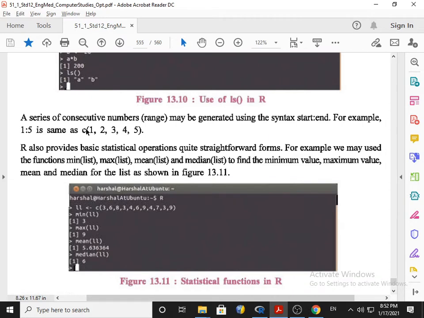Next, a series of consecutive sequential numbers, a range, may be generated using the syntax start colon end. For example, 1 colon 5 is the same as c(1, 2, 3, 4, 5).